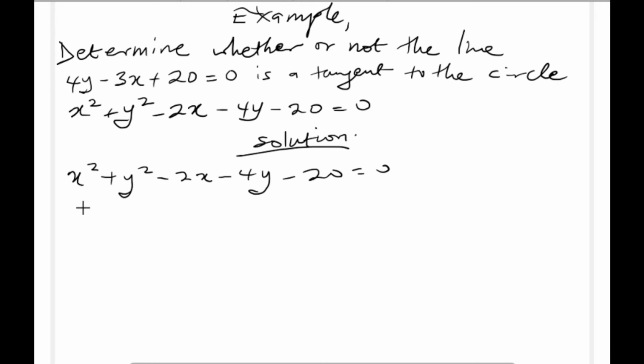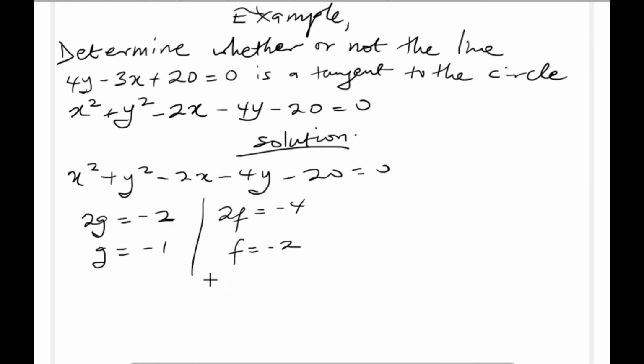Comparing with the general equation, our 2g is going to be equal to negative 2. Dividing 2 by 2, g will be equal to negative 1. And our 2f will be equal to negative 4. Dividing 4 by 2, our f is going to be negative 2. And the center of our circle is negative g, negative f. So that will give us 1, 2. Alright. Then now we find